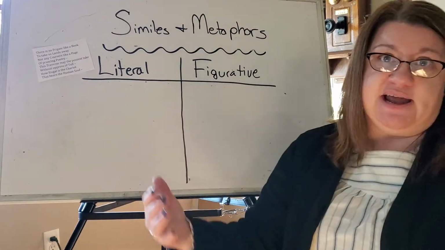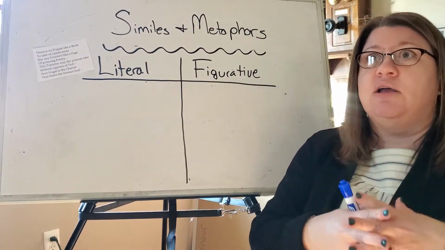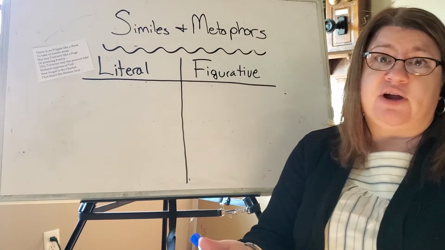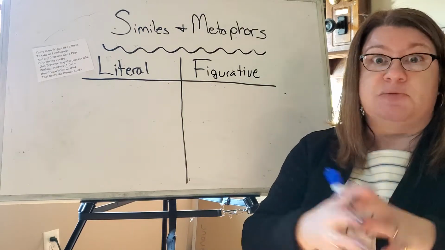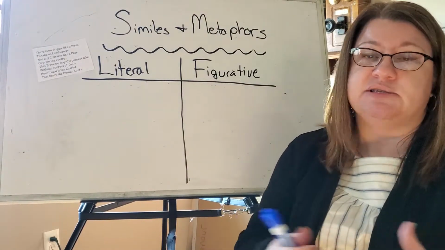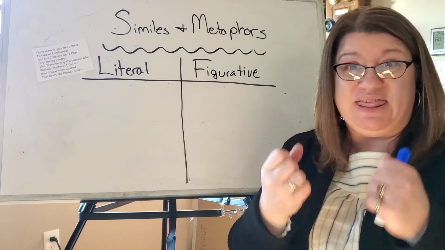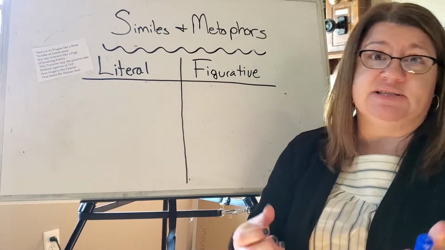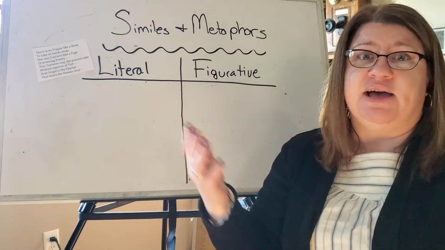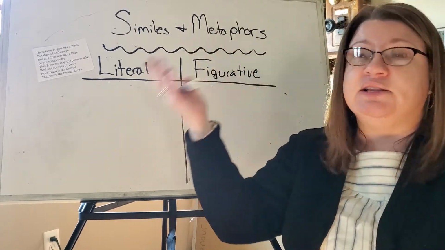So we're going to apply this now to similes and metaphors. We're going to start with similes and metaphors because they both function in a very similar way. We know that similes use like or as, usually, sometimes than, to make comparisons between two things, and we know that metaphors are just direct comparisons. But both of these are trying to compare some kind of concrete thing, something that I'm experiencing, something that I'm touching, something that I'm feeling at this moment, with something that is also concrete, but not literally present at that moment.